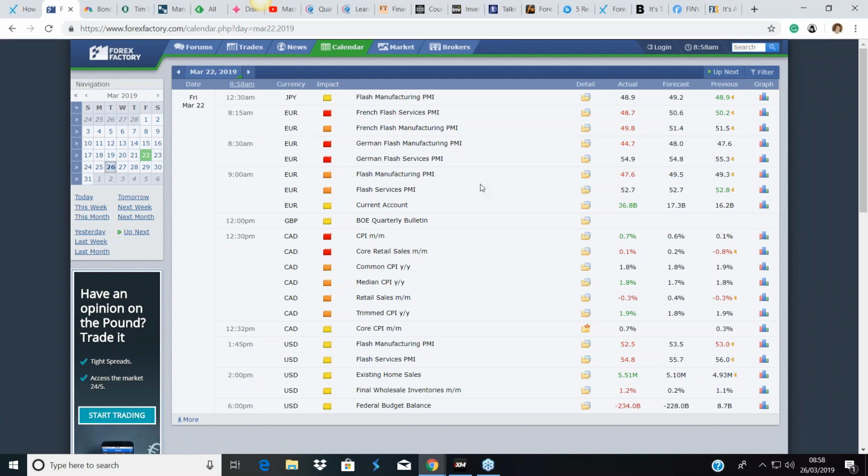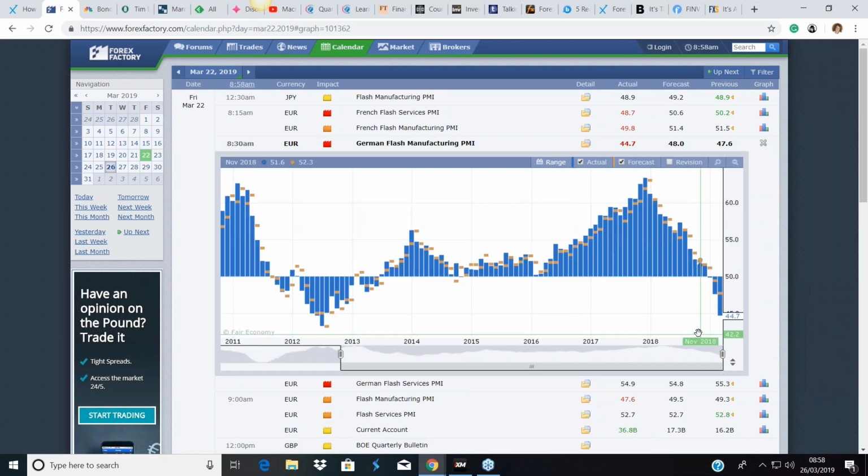And this was the piece of news that really spooked the market. It was the flash PMI data, German, European and French flash PMI, but it was this data here that came in. The manufacturing data came in at 44.7. 50 is the inflection point, and you pull up the graph, and you read that in exactly the same way,